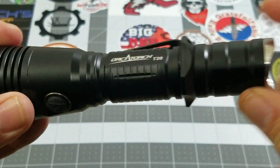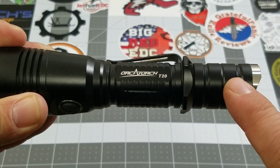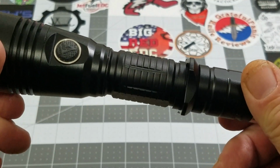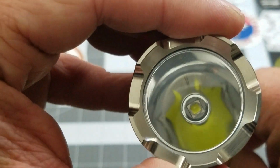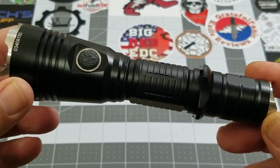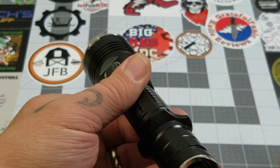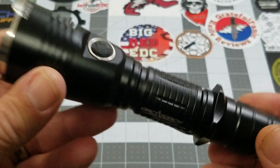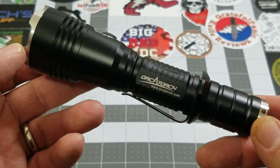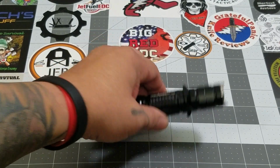Now, as I said, this operates on one 18650 battery. They give you two, which is pretty cool, but it also operates on two CR123A batteries or two 16340 batteries, but the 18650s are provided. You've got one Cree XM-L2 LED. Now this light has a few protection devices, stuff like that. It has a memory, so if you shut it off in turbo, it turns back on in turbo. You also have overheat protection, which is nice. Over discharge protection. Reverse polarity protection in case you put the battery in backwards. And the anti-roll, your tactical ring there, keeps you from rolling it